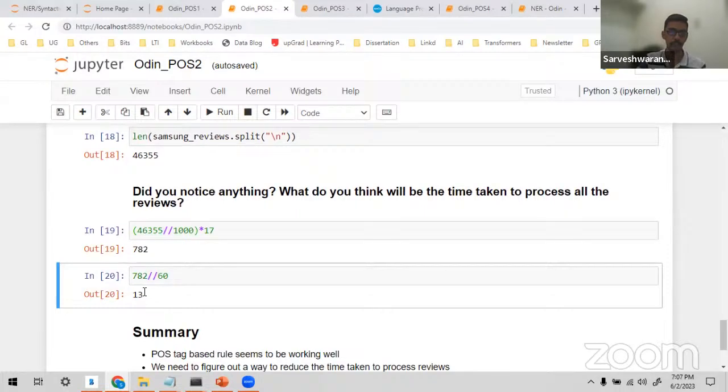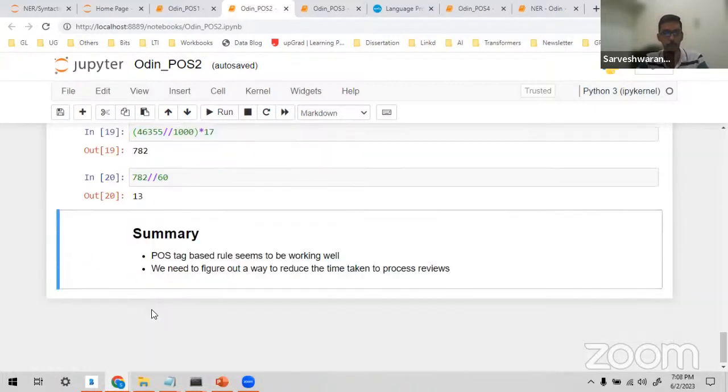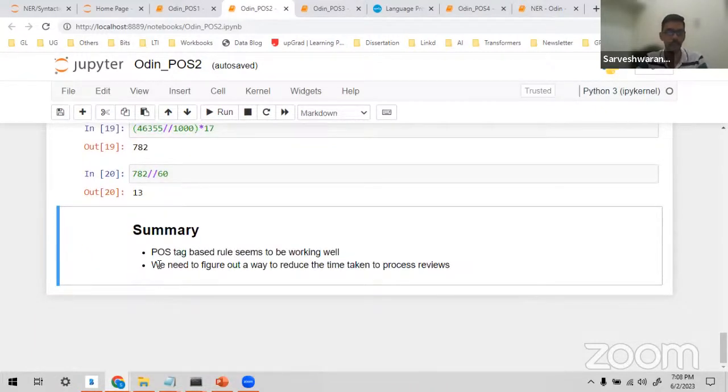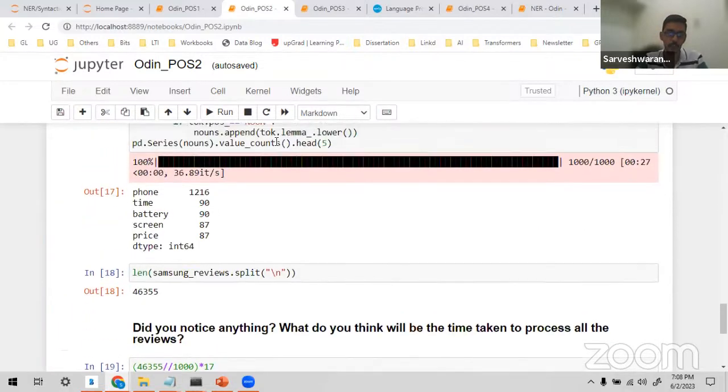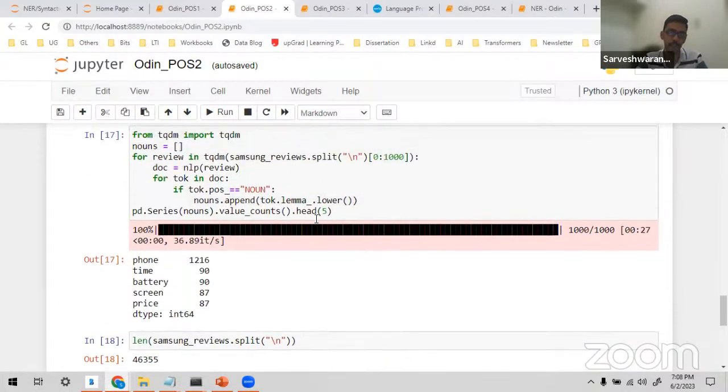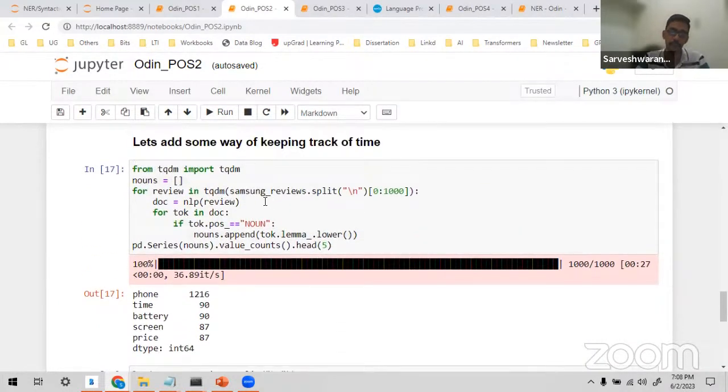So in summary, the part of speech tag based rule seems to work well, but we need to figure out a way to reduce the time taken to process these reviews. This is one time-consuming, old school way of doing it.